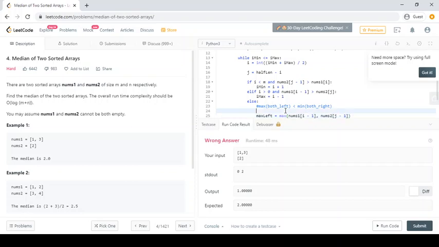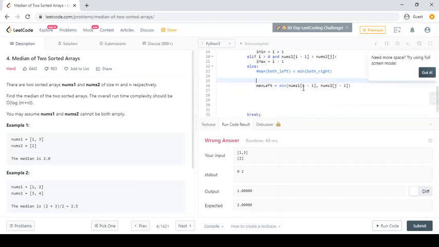Now it may be possible that I has reached 0. In that case, I being 0 means nums1 of minus 1 is nothing, so we'll take the max left as nums2, because in that case it is the maximum one.